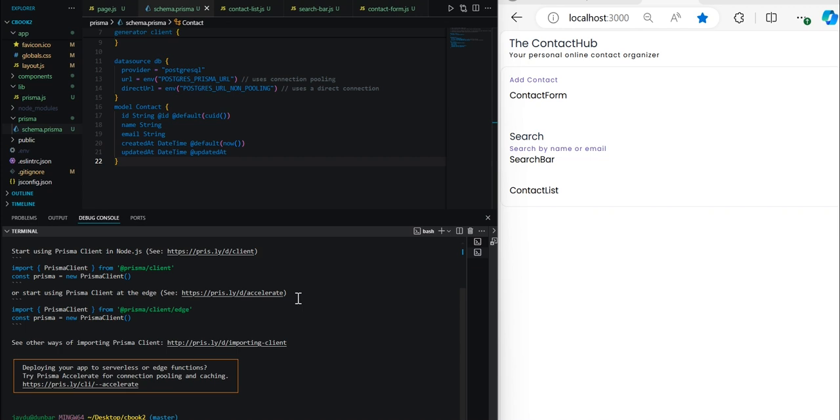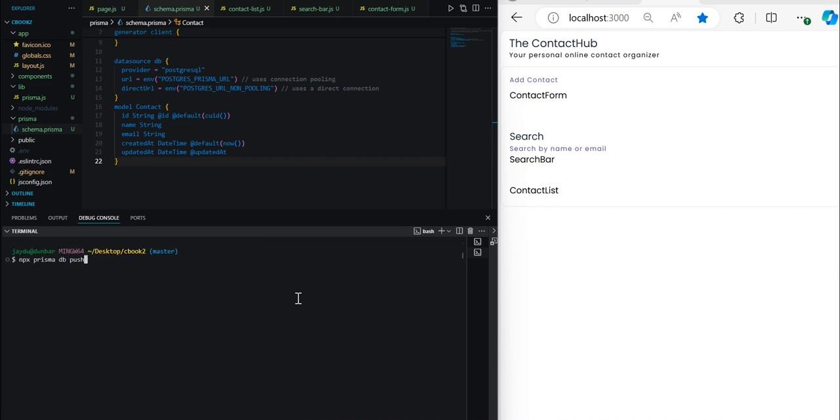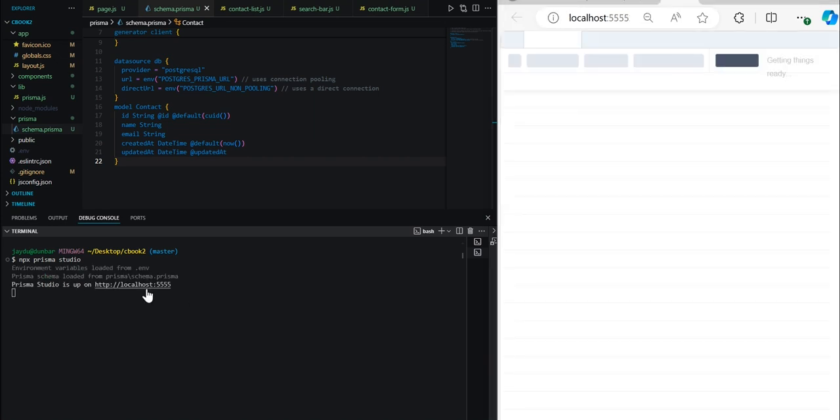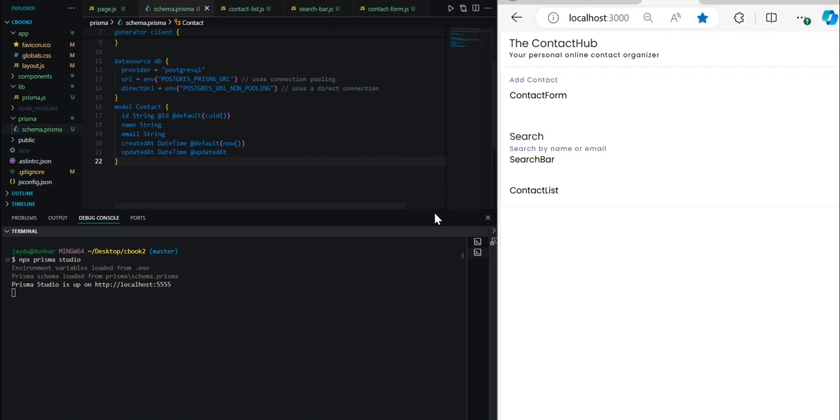All right, and now we will run the Prisma Studio to make sure that everything is updated correctly. So we'll type npx prisma studio, and it takes us back to the contact schema, and as you can see, the created at and updated at is correct, and we also have name and email. Perfect. So I'll go ahead and close that out for right now,